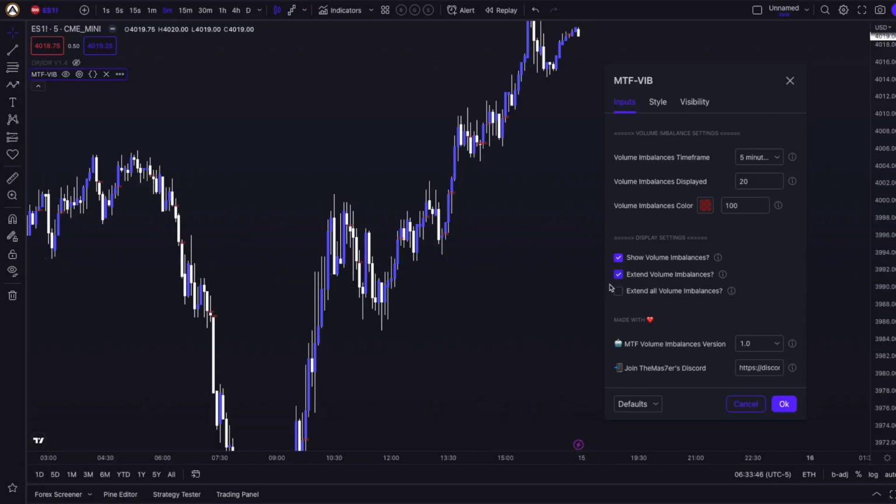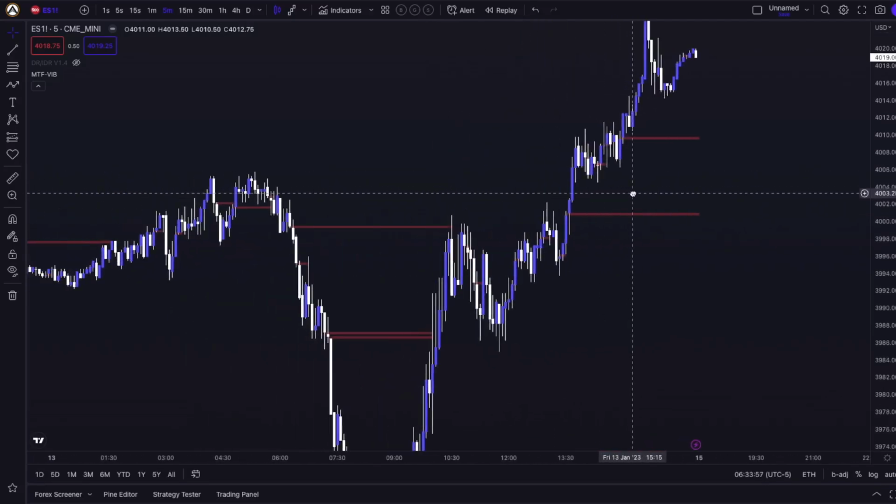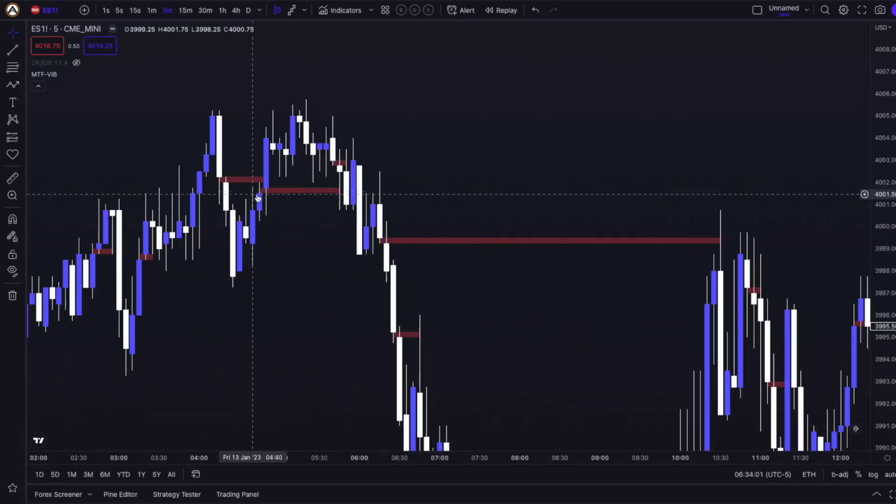If we click on extend and we don't have extend all volume imbalances enabled, we are seeing the volume imbalances extended up until the time they filled. So for example here, we had this volume imbalance, the gap between the candle at 445 and the candle at 450. We see it hasn't been filled up until 545, where we wick through this volume imbalance,